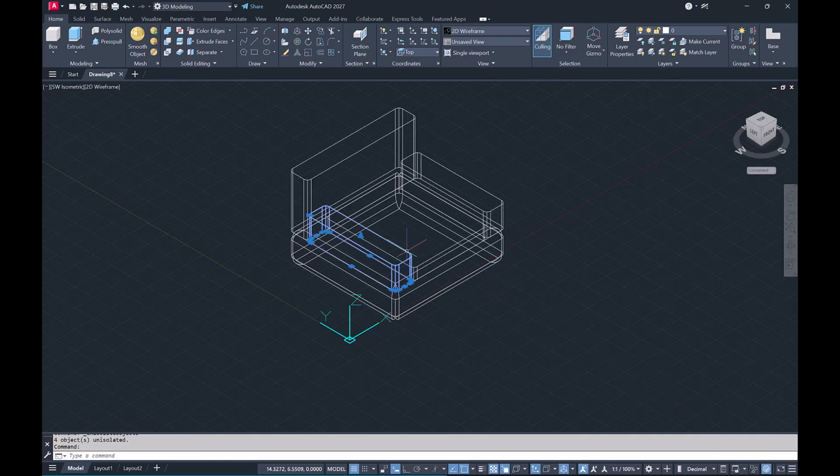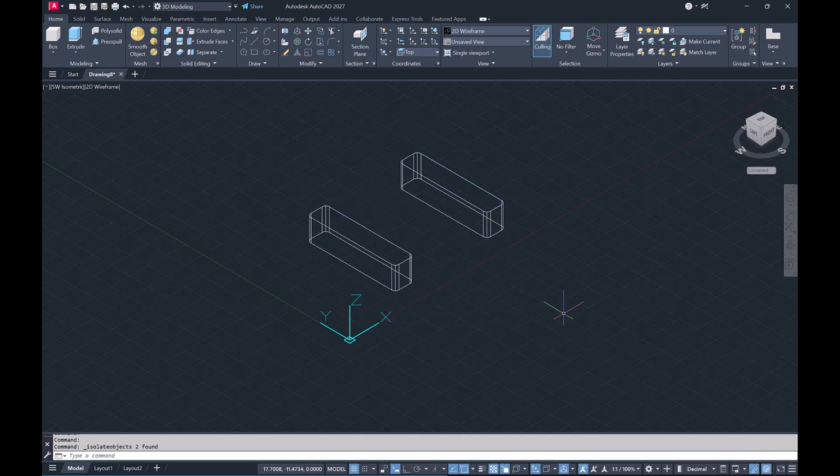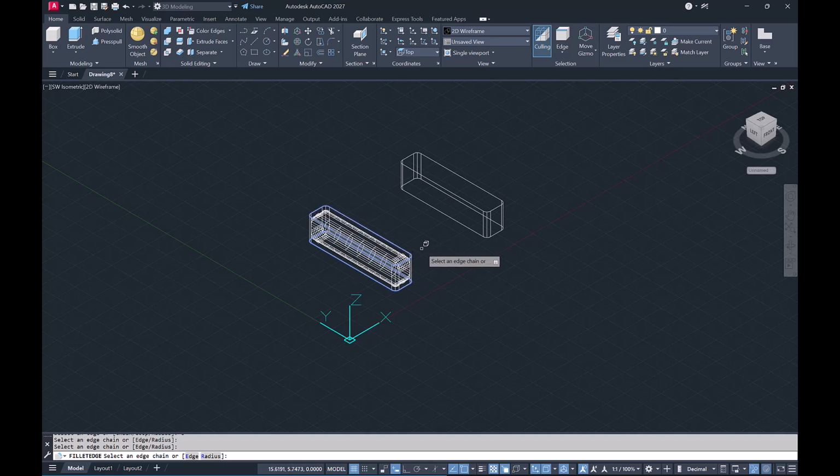Now I'll select these two components and make it isolate. Again we'll take the fillet edge command. Now we'll take the chain option. We'll select this part chain and this part chain, enter, enter. Again we'll go for this part and take the chain option, and the same way the upper side, enter, enter,